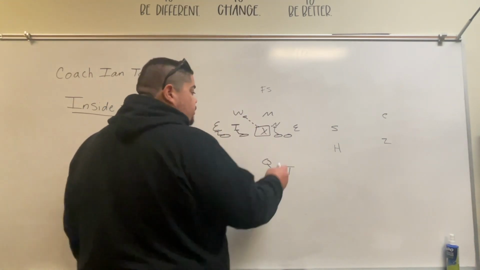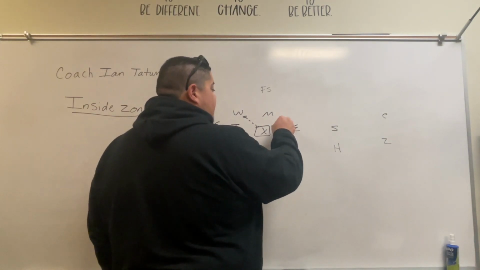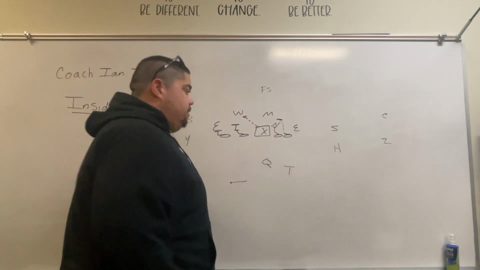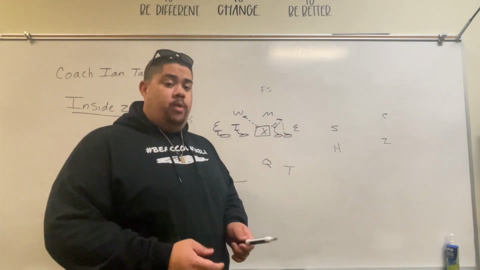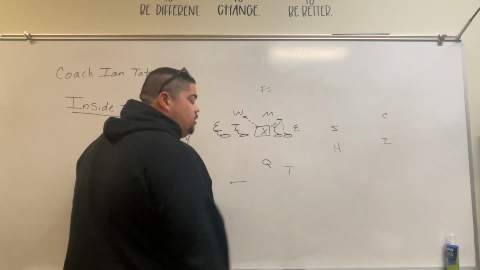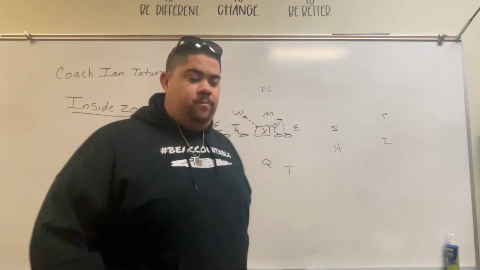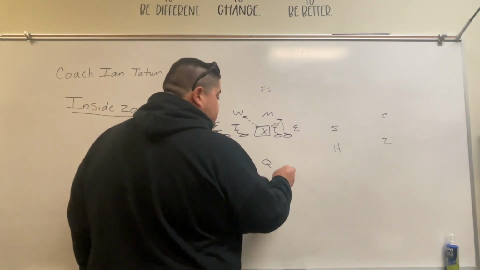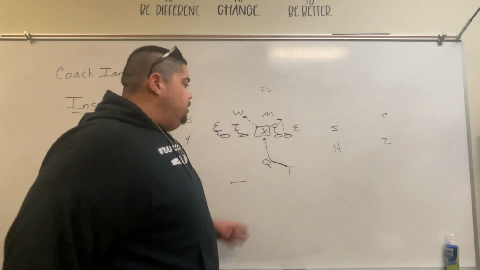And then the tackle will step B gap, and he'll climb for this mic. So this is how we would run zone, one way. The aiming point of the tailback will be the center's butt crack. It sounds funny, but they'll remember it. So he's going to open step, crossover, and get downhill at the butt crack of the center, and he'll work